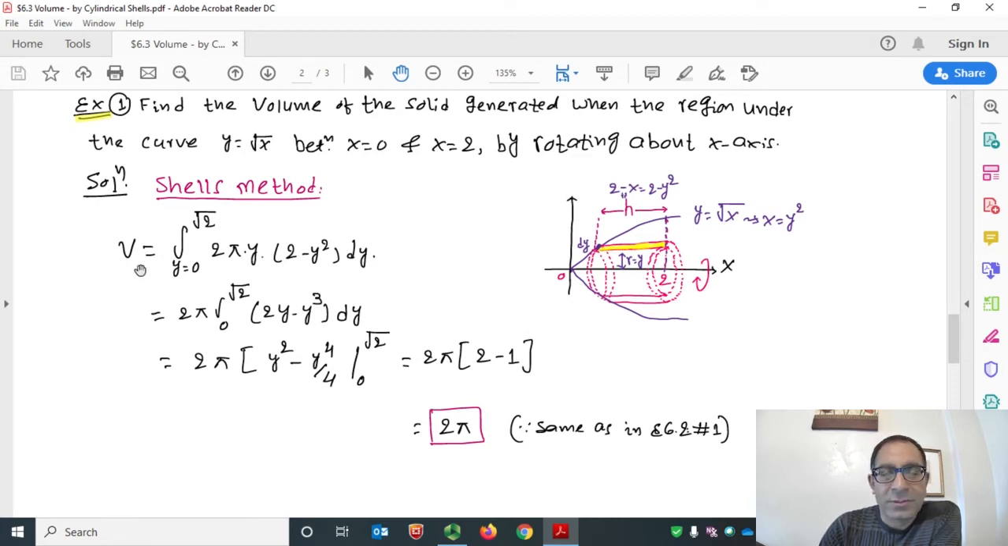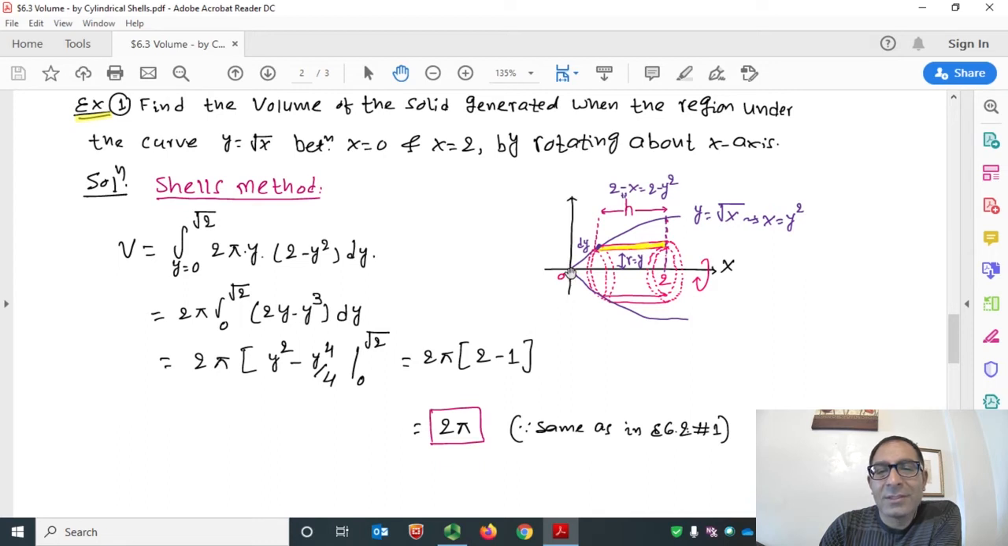So let's talk about the setup part. Volume equals the definite integral of 2 pi r h. That's the formula, right? So 2 pi, what's my r? R is y. What's my h? Height is this one, which is 2 minus y squared. And y goes from